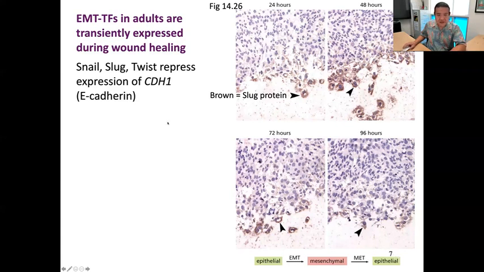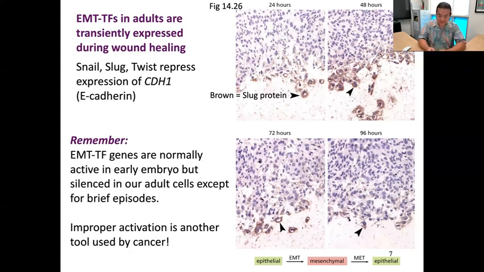So snail, slug, and twist repress the expression of certain genes like the CDH1 gene, and the CDH1 gene is the gene that codes for E-cadherins. So this is helping them give up on their dependence on being stuck to a fellow epithelial cell. Remember, EMT transcription factor genes are normally active in the early embryo, but silenced in our adult cells, except for these brief episodes of wound healing. And so that's another reason why the wound healing response contributes to these types of EMT changes,